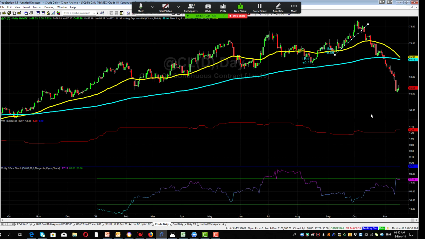And crude oil has just been down, so a nice little break of that trend line there. It didn't even come back to touch the intersecting point of the trend line. It just went straight down and through the 50 and the 200 period moving average. So it'll be interesting to see where that ends up, at 55 getting some support, but it could potentially go lower. So if you are trading crude, volatility's up. That's one of the things that we spoke about earlier. You've got to make sure that you're tracking your fills and making sure that you're not getting too much slippage. It's really renowned as a market that typically does get a fair bit of slippage, so keep an eye on that as well.